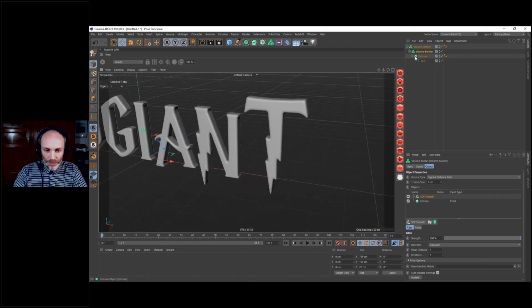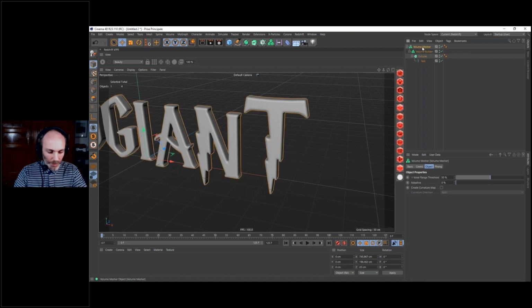For that, we have a different option. I would say the easiest will be to use a displacer deformer, and the displacer will be filtered with some field. The fields in C4D are being used for many purposes, and here it's going to be perfect to create the effect I'm after.